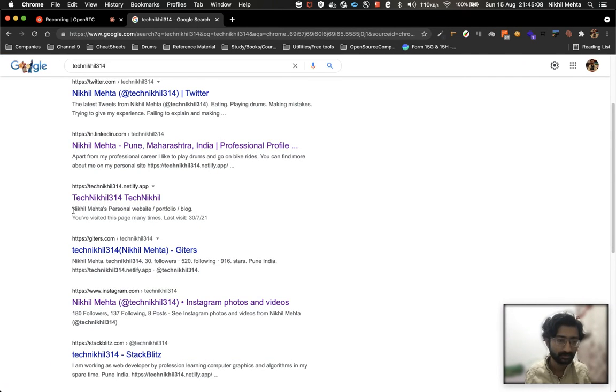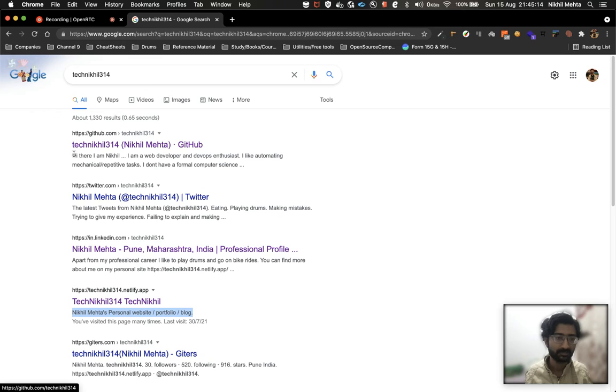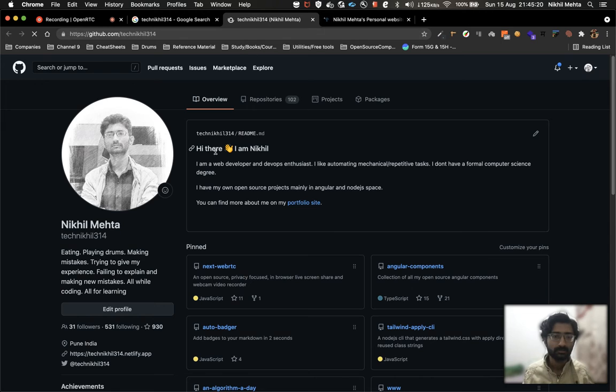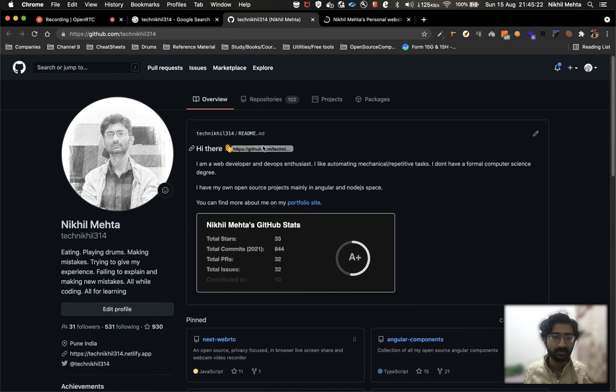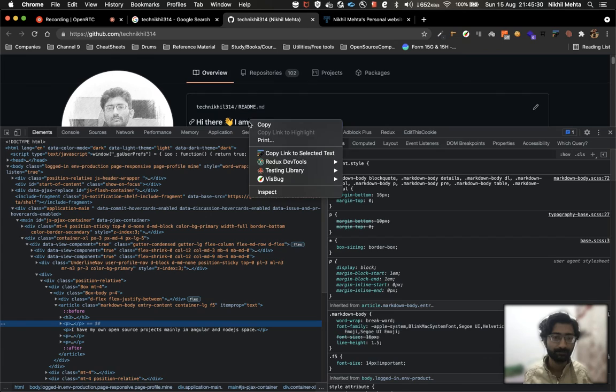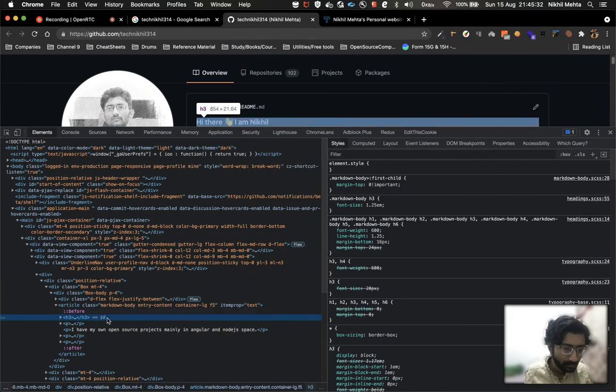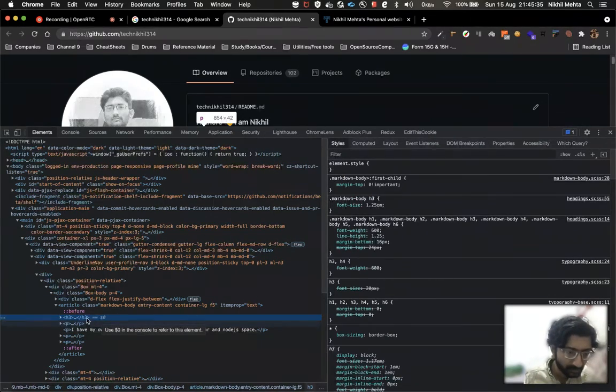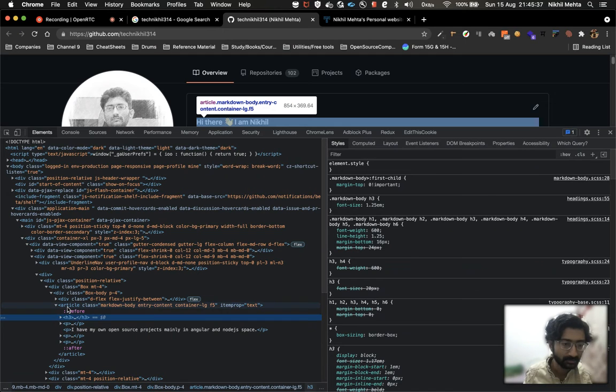You can see here it has different things picked from here, and different things from here. So let's take a look at what the differences are. This comes from here: Hi there, I am Nikhil, I'm a web developer. And if you take a look, this must be an H1 or something of that sort. This is an h3, but it's part of an article.